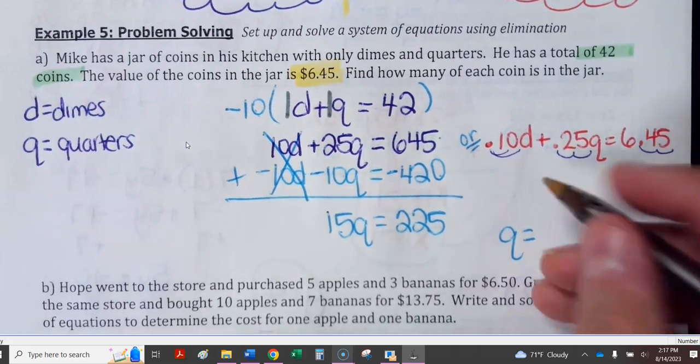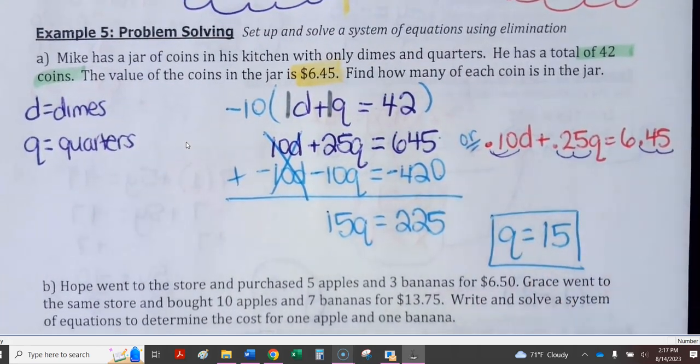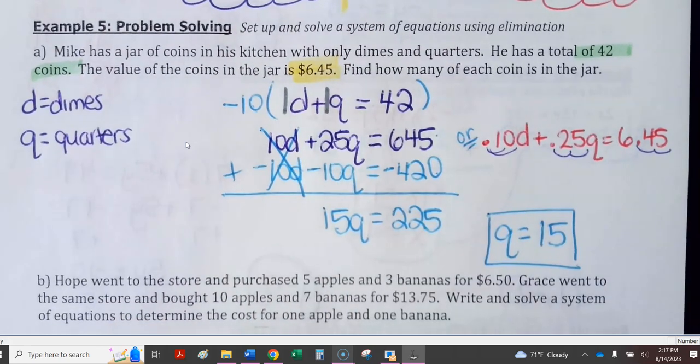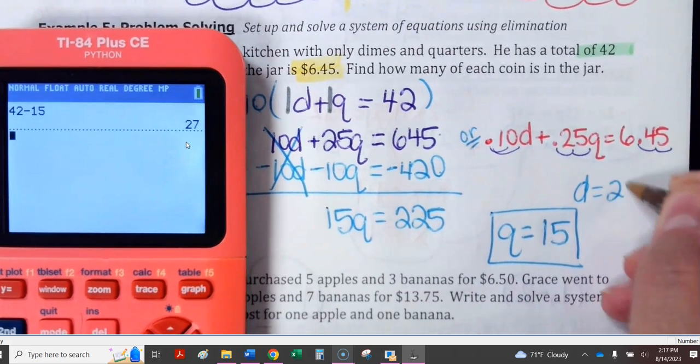It's 15. It's a perfect square if you knew that, but 15 times 15 is 225. So you've got 15 quarters. Now, in this particular case, I would tell you it's easier to plug the quarters back into the very first equation we wrote down, just the dimes plus quarters equals 42. If you know you got 42 coins, just do 42 minus 15, and that means I've got to have 27